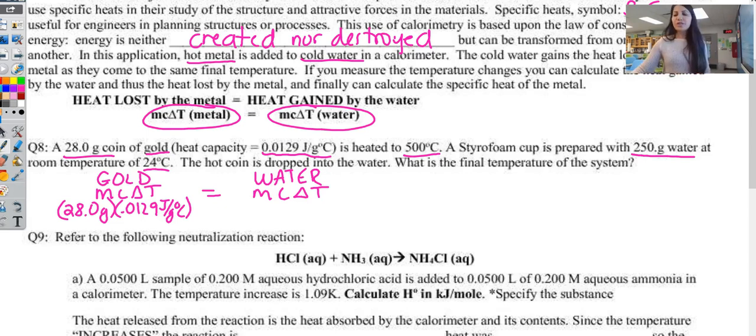So what I'm actually going to do is simply say that my starting temperature is 500 degrees Celsius for the gold, and it's ending around 24 degrees Celsius. It's not exact, but it's around 24 degrees Celsius. So the number that's going to go in here is 500 degrees Celsius, dropping down to about 24 degrees Celsius. And when I subtract that, I get 476 degrees